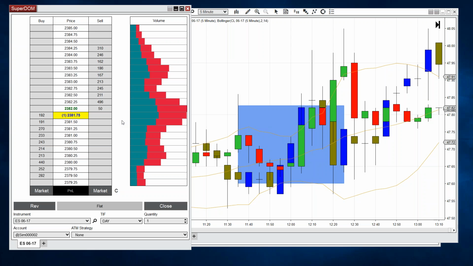Does NT8 store Level 2 data? It depends. I'm going to try to provide some context around that answer because I could interpret that in a number of different ways. NinjaTrader has the ability to record what we call playback data, also previously known as Market Replay, which does store Level 2 data. I'm going to provide a different answer for a different interpretation of that question.